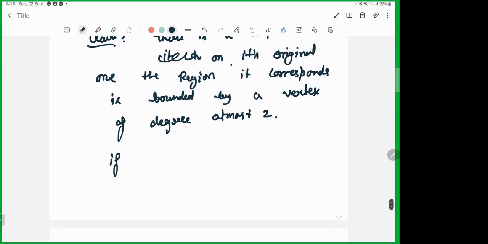If not, that means what? If not, that means we get another bounded region that's adjacent to all of the regions corresponding to the leaves. So if not, that means there is another bounded region